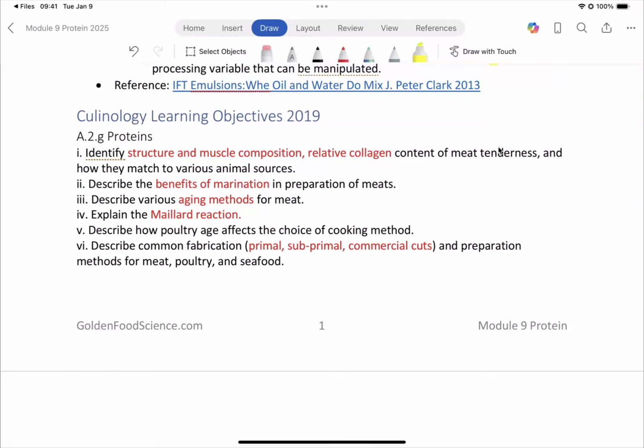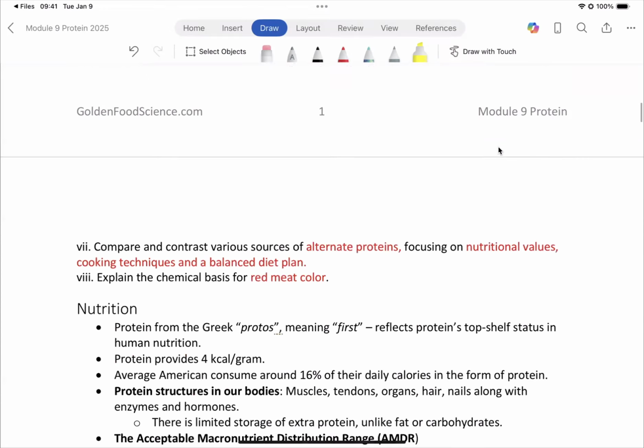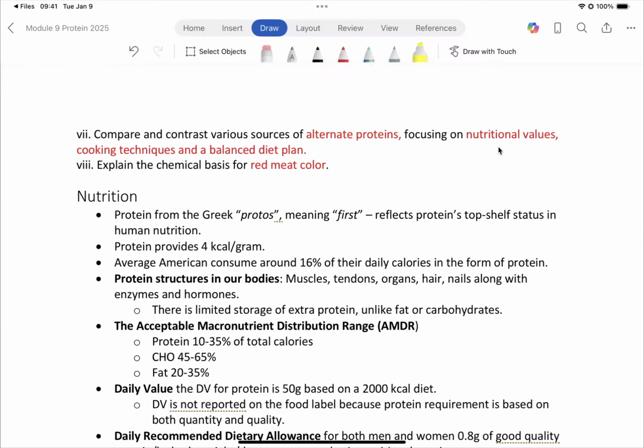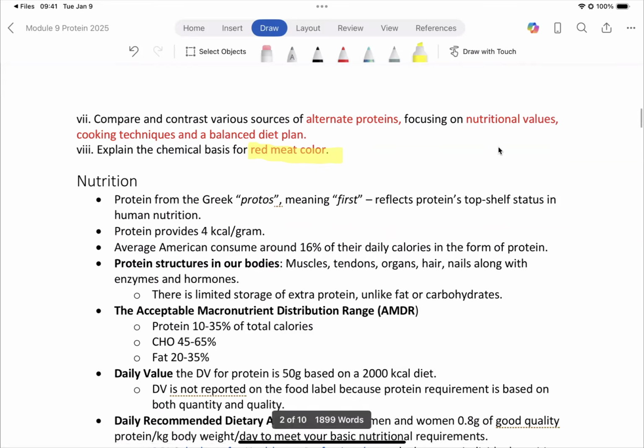The benefits of marination, aging you did as your homework. I'm going to talk about the Maillard reaction. And then you went through and looked at the primal cut and commercial cuts on your homework. I want to talk a little bit about nutritional value, and a little bit about alternative proteins, just a little bit about protein combining. And then I want to spend some extra time on red meat and the color in meat. Most people struggle with that, so I want to spend a little time on that. And if there's anything else that comes up, I'll try and answer. So starting with the easy stuff,